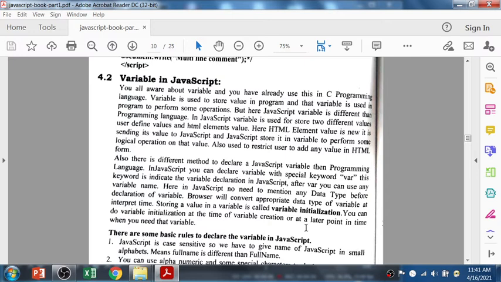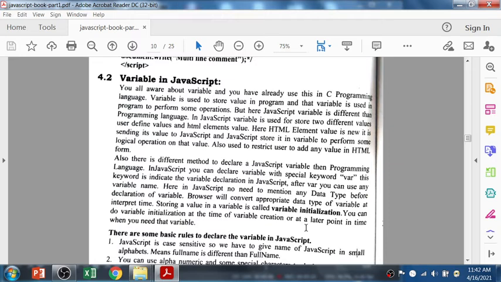So you can perform some logical operation on that value. Let's say you enter a value in the name text box. Suppose you have entered the value BCA. That BCA value can be stored in a particular variable, and then you can apply logic to check whether a character is available or not, what the length of the word is, and many more.